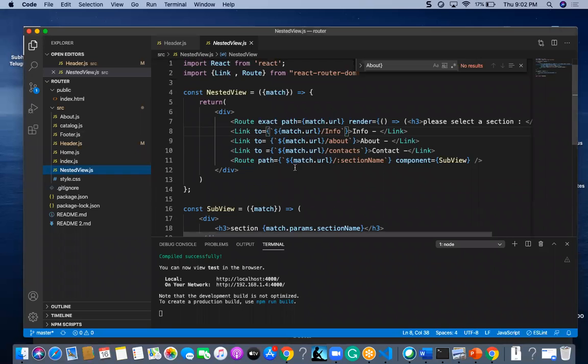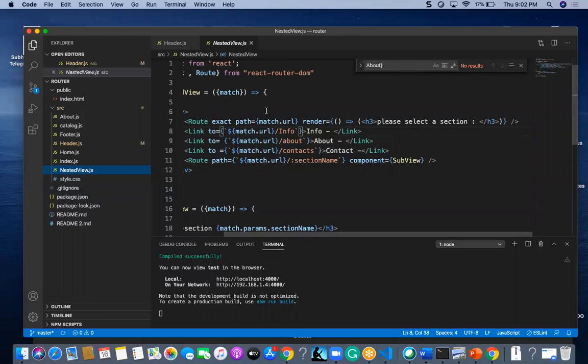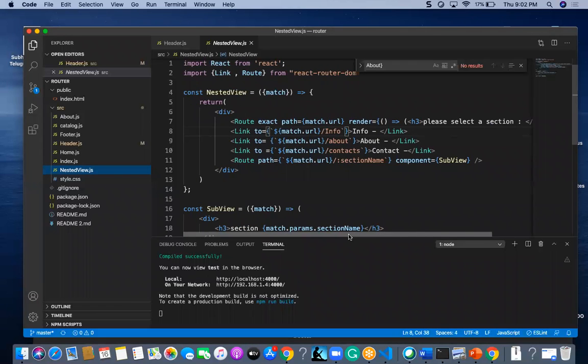It will be handled like this: first it is a link matching URL slash info. Here I give info slash. First this is only the first one, like, please select a section.